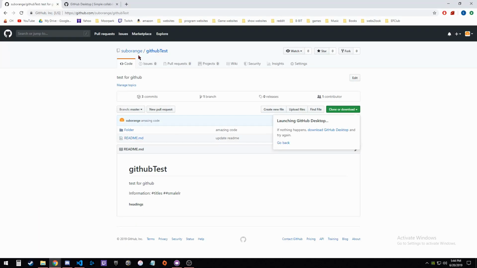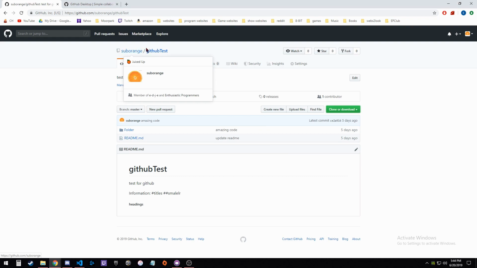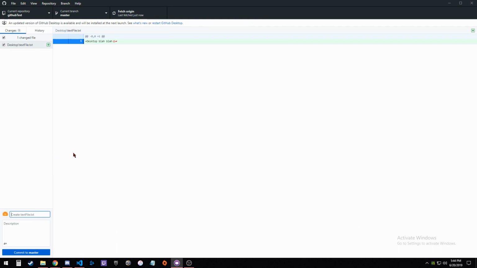And so now if we look back on here, if we just refresh, there's nothing here. Nothing has happened. Nothing's changed, and that's because GitHub Desktop works locally with your machine. So to be able to commit it to the repo that's connected with your GitHub in the browser, we have to write a little message and commit it to master. So let's just write created text file,